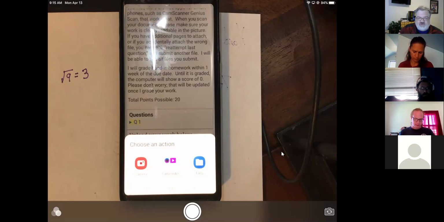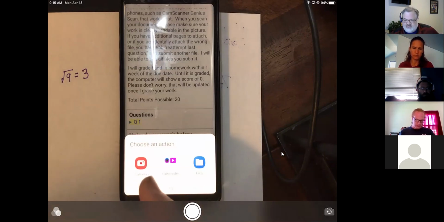The benefit of using the scanner softwares is that they usually come out a little bit clearer, and most of them have the ability to do multiple pages in a much easier way. So the scanning software is nice, but if that causes you trouble, you can just use camera for it.